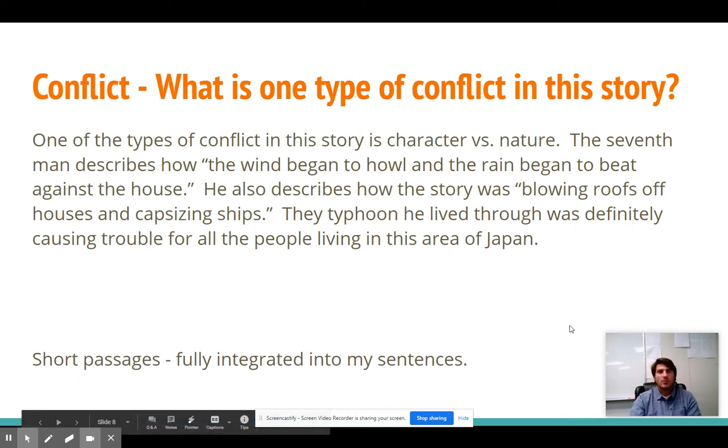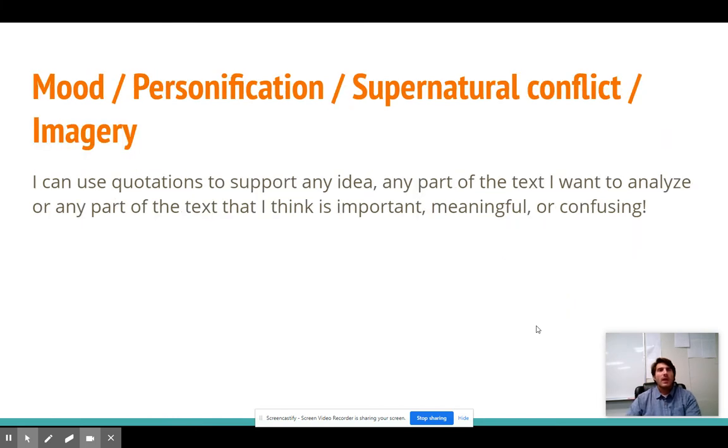All right, so check. I can use this skill for any kind of question that I'm asked. If I'm asked about the mood, I can look in the mood. Let's see here. The mood. I had this passage just a moment ago. Well, let's see here. Well, whatever. Mood, personification, supernatural conflict, imagery, whatever it is that I want to talk about, I can use a